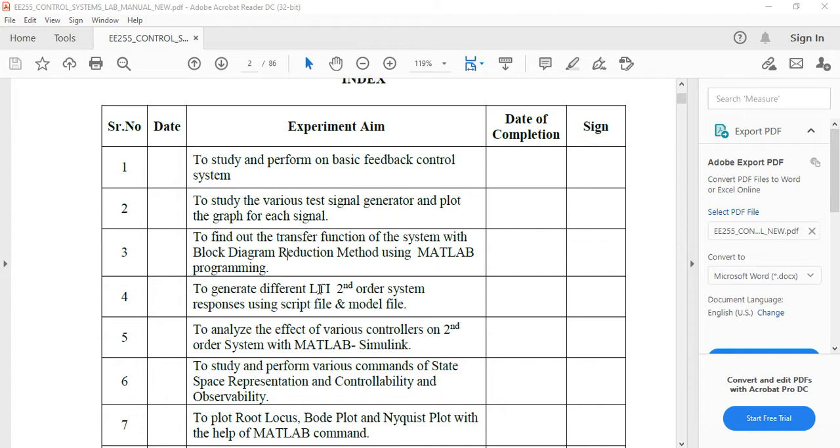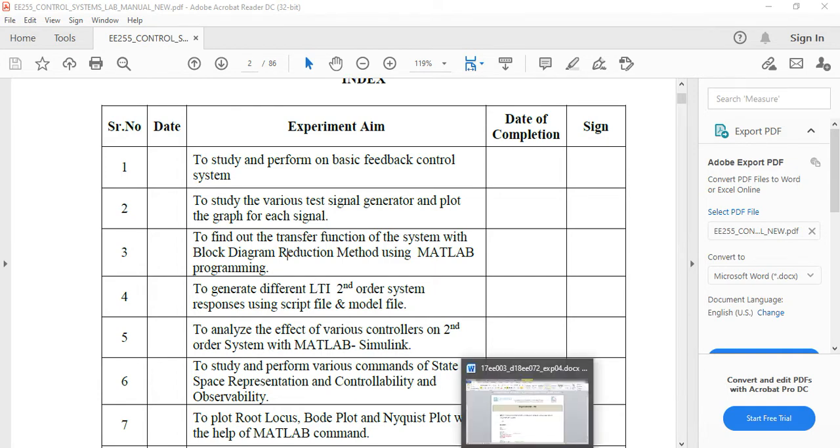We'll have 5 or 6 different systems where zeta is different, and we will see the output of each system and say which zeta is better and which is not that good. Again we have to take the help of MATLAB programming.